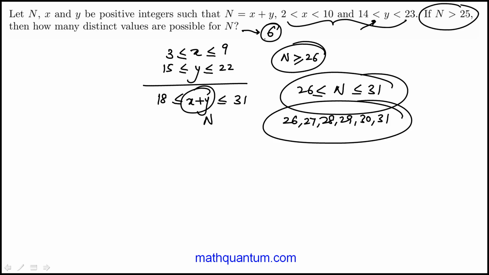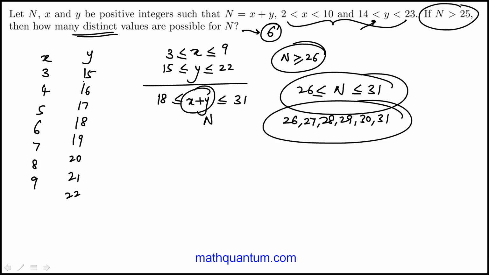Now some students might just list out the values. I mean, that's also fine. You can just say, I mean, it will take a little bit of time, x is 3, 4, 5, 6, 7, 8, 9, and there aren't that many. So y is 15, 16, 17, 18, 19, 20, 21, 22. So you're not just counting the pairs because, for example, if you get 3 and 16, which is 19,